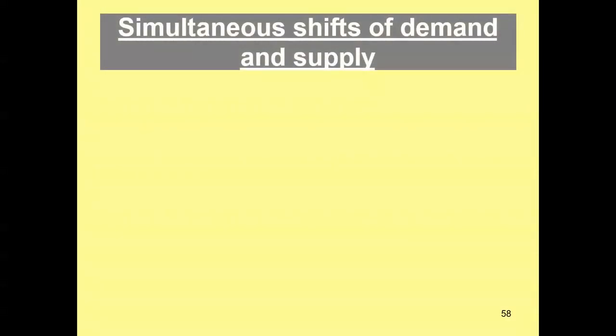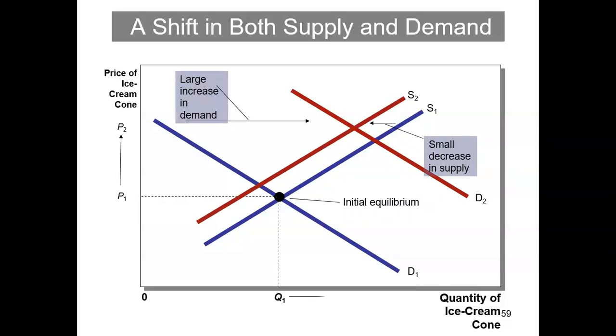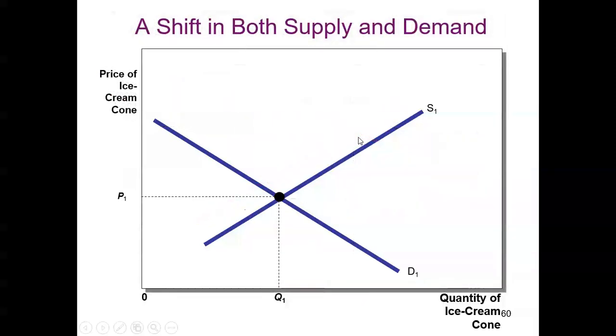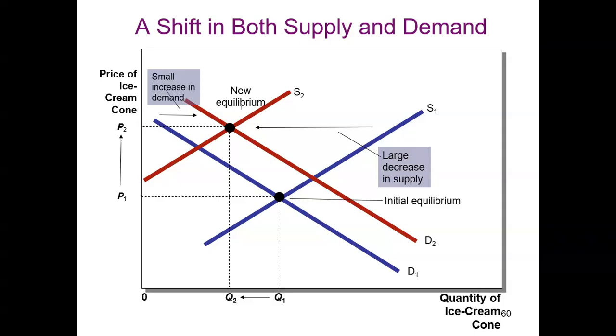So what is the simultaneous shift of demand and supply? Both are shifting like this, meaning supply and demand. The new equilibrium will be like this, where the supply and demand curves are equal. This is the first one, the blue one, and this one, the gray one. This one is the supply and demand curves. So the new equilibrium will be like this. So these are the shifts, both supply and demand shifts, and how it will be for equilibrium under different conditions. If it shifts this one and that one, obviously both supply and demand will be affected. So these are the different things because of the